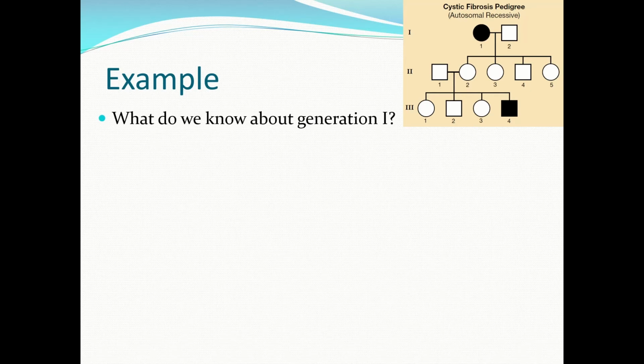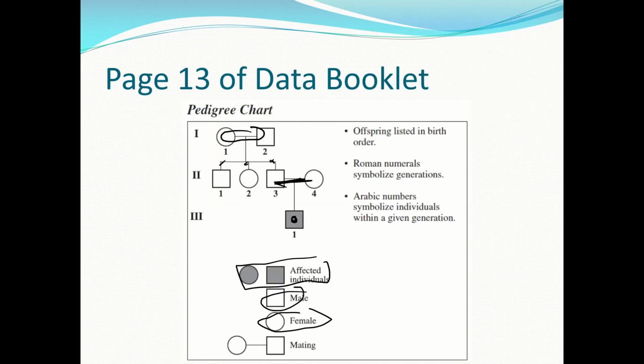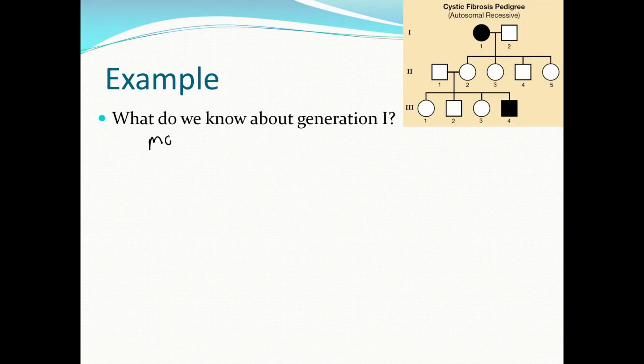Okay, so what do we know about generation 1? If we go back, circles are females, squares are males. This is a pedigree chart for cystic fibrosis. Mom has cystic fibrosis, dad doesn't. And since cystic fibrosis is autosomal recessive, this means you have it, and this means